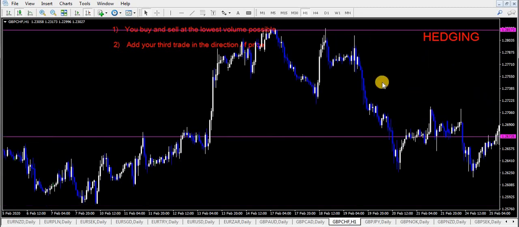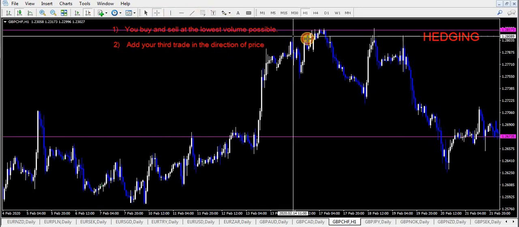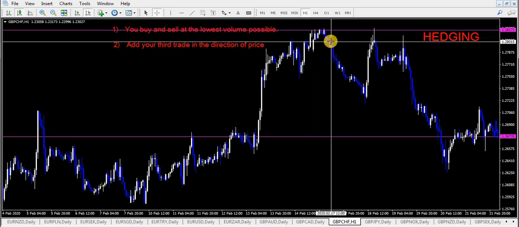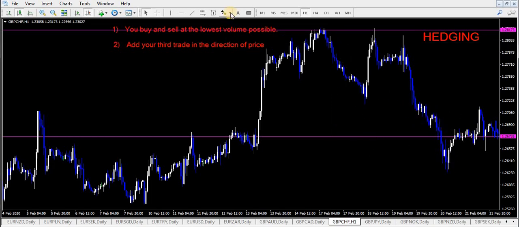Like if you got in somewhere here, you could just put in your buy and sell at this level. Then when you receive this confirmation, or any confirmation of your choice, that the market is going down, you can choose to ride the market down to somewhere here. The market pulled back, but you can see the market still returned to this level. So you could have ridden the market down, or better still, you could have